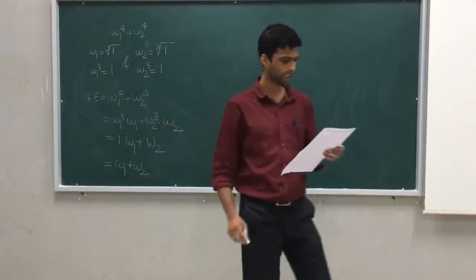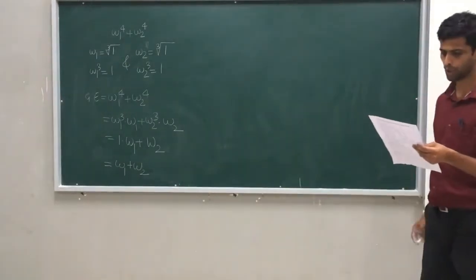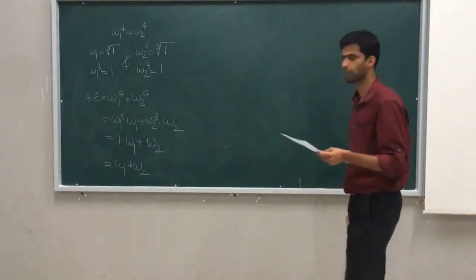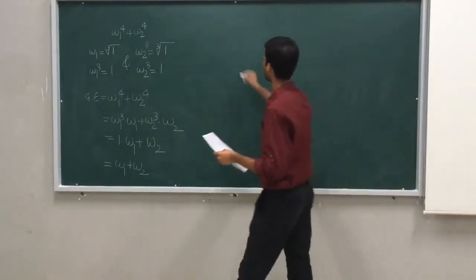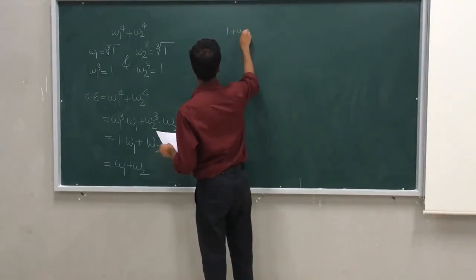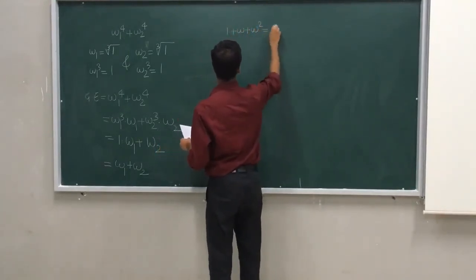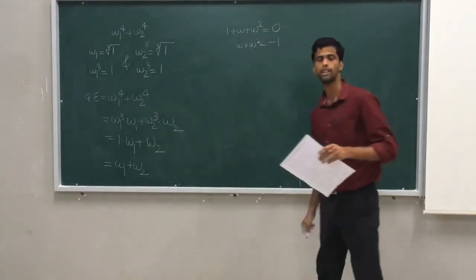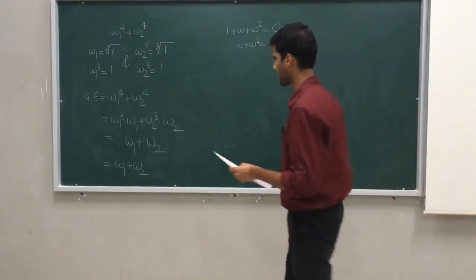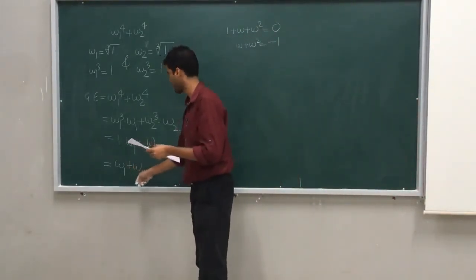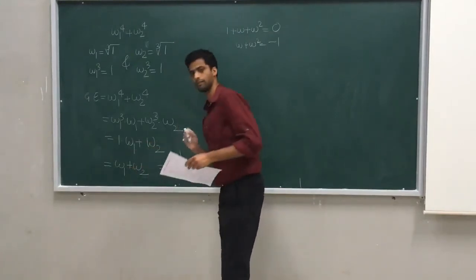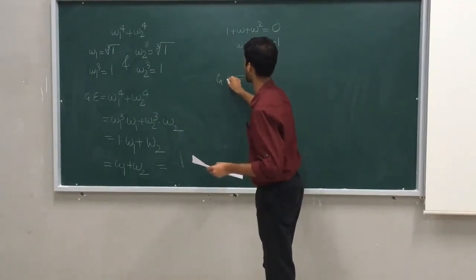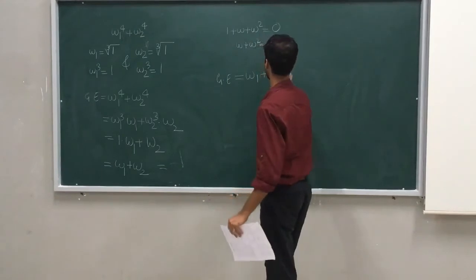Now in the options they have given something different. Which option suits well? So what do you know about omega 1 and omega 2? We all know that 1 plus omega plus omega square is equal to 0, where omega plus omega square is minus 1, where omega and omega square are cube roots of unity. Here they have given that omega 1 and omega 2 both are cube roots of unity. Therefore this answer can be written as minus 1. Therefore I'll write the given expression as omega 1 plus omega 2, which is minus 1.